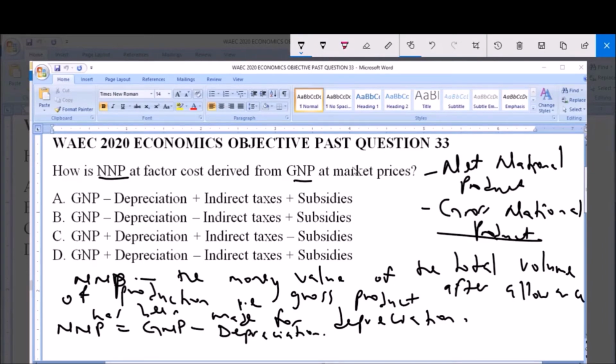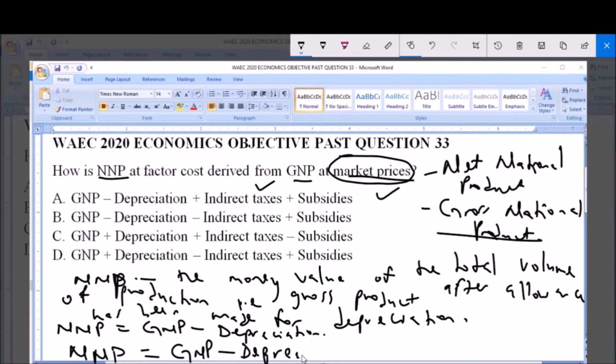Now, but for this question we are asked at market prices. So when you want to get the net national product from the gross national product at market price, you put into consideration other factors that will influence the general market price. Okay, you put in other factors such as subsidies and indirect tax, as we see reflected here in all the options. Now, for the final formula at market price, NNP will be equal to GNP, the gross national product, minus